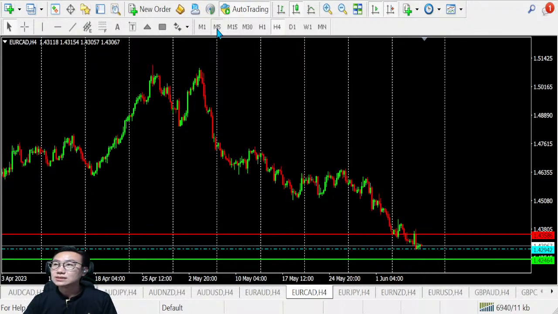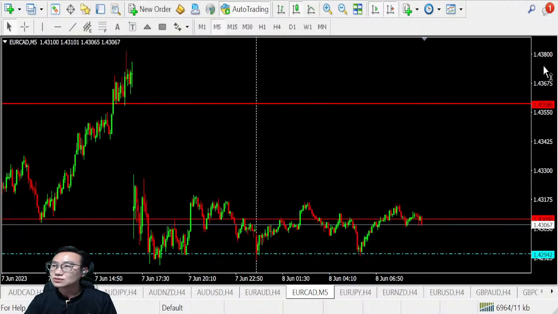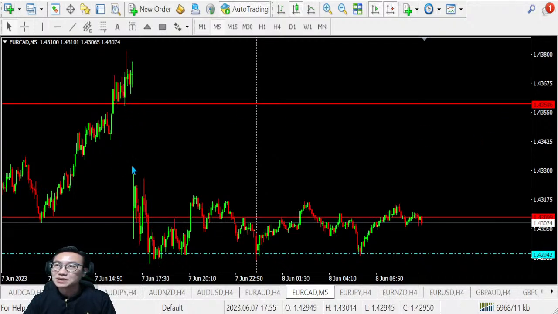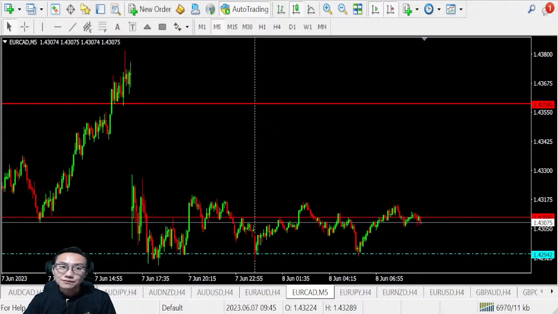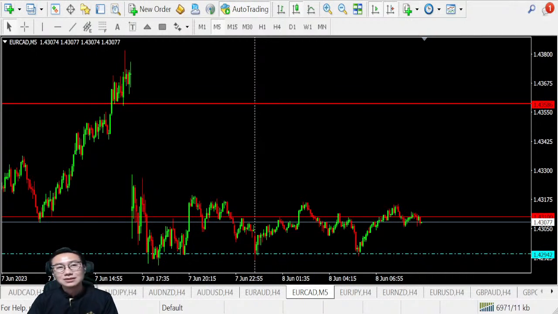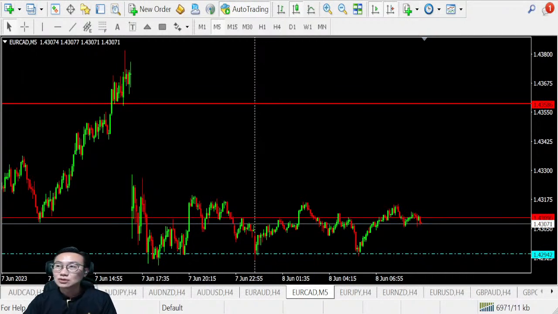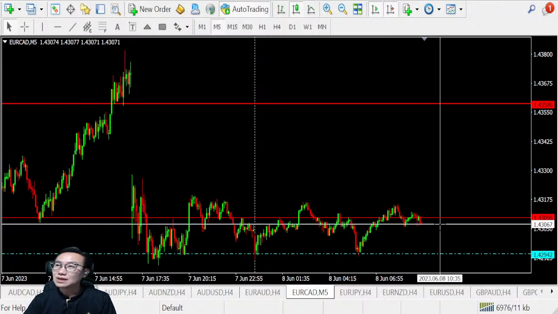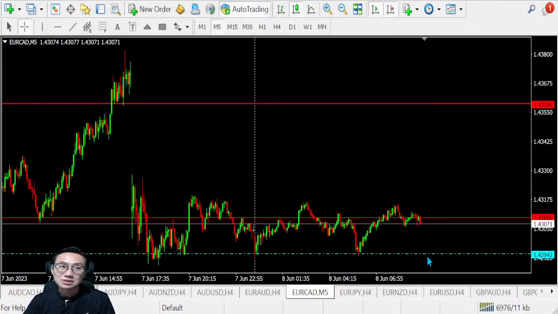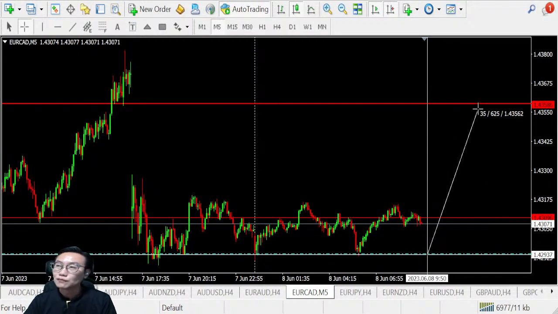Let's see if there's any good chance down there for us to take. For Euro CAD once again, as we can see over here, we have a very big gap. It looks like there may be some reclamation up there. So Euro CAD looks good to sell unless it breaks the support. However, based on the current situation with that gap here, I think it's better to stay away for a while. Even if it comes down here to take the support, about 13 pips, it is to set up the support to continue to go for the buy.